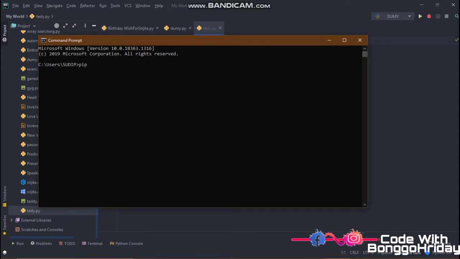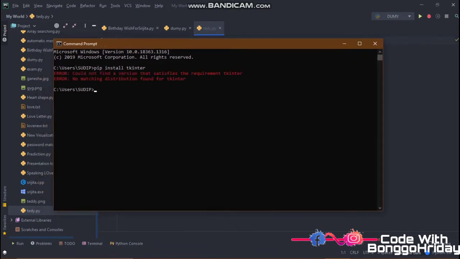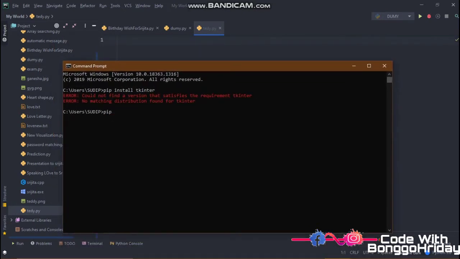Okay, now pip install tkinter. So I'm installing Tkinter. So I already installed the Tkinter, so it will show that everything is satisfied. Means enter. Okay, that's not a problem. Now you have to install the Pillow module. Okay, you have to write that command, pip install pillow. Then you have to run it out.